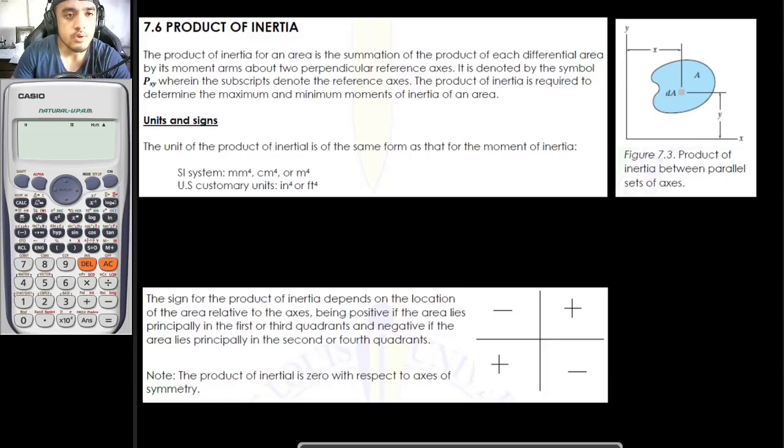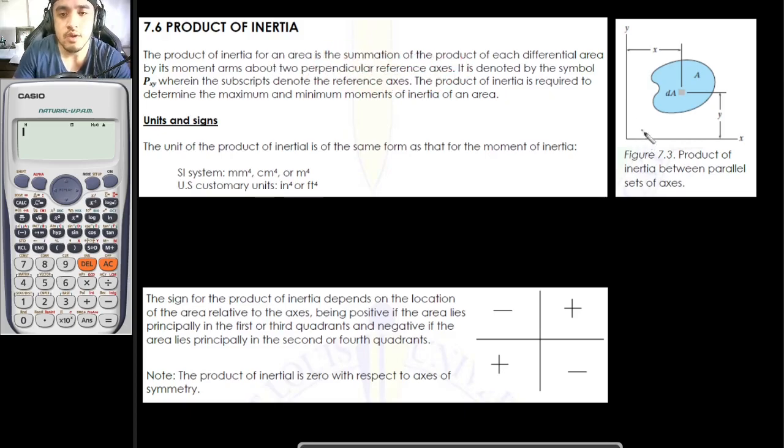Hello everyone, so in this video we will be discussing how to solve the product of inertia of a certain section. As per the definition here, the product of inertia for an area is the summation of the product. So you would be multiplying the differential area by its moment arms about the two perpendicular reference